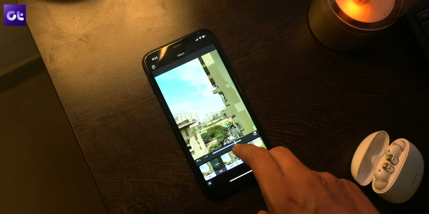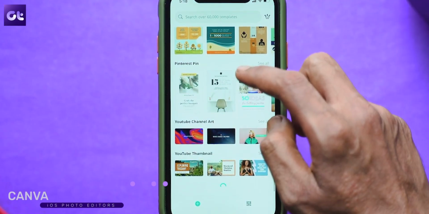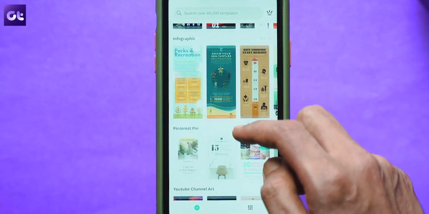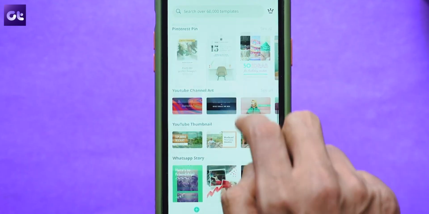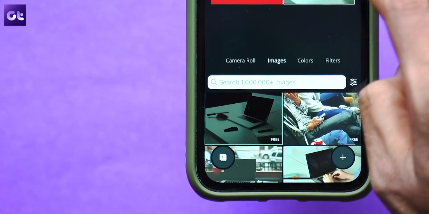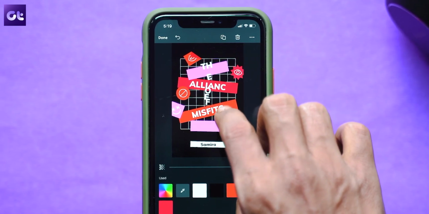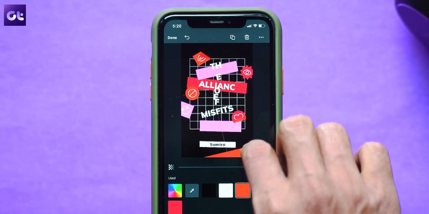Now, how can we talk about photo editors without mentioning one of the most used apps, not just for photo editing, but also for creating amazing posters? I'm sure you must have heard about Canva, and I mean, it just had to be on this list. Like I said, the app is not just for photos, but it's for creating posters and other visuals that you can add to your stories, posts, and whatnot. Just take a photo and start editing with the hundreds of options available inside the app. You can make use of the professional looking filters, vignettes, and much more to make your content stand out.